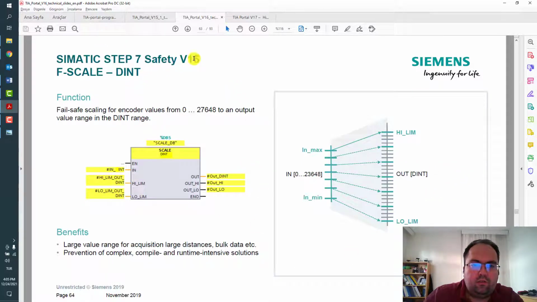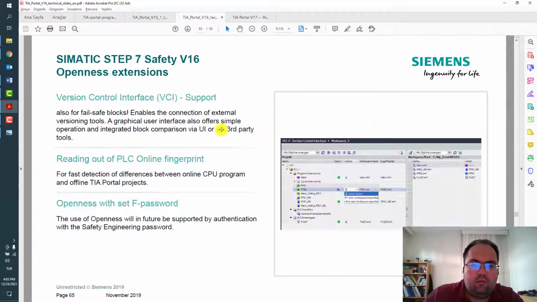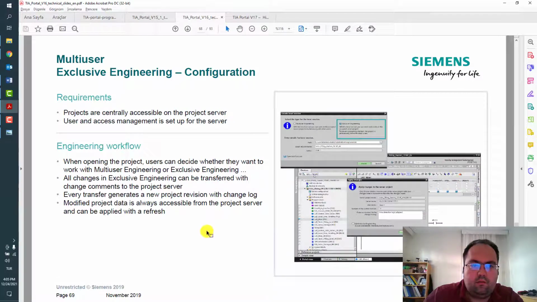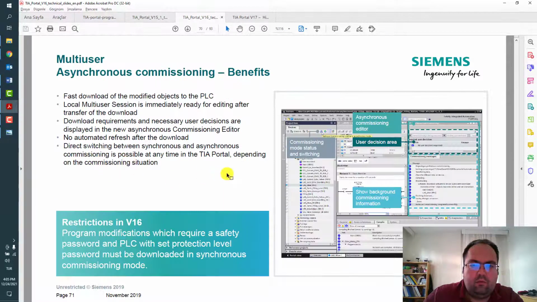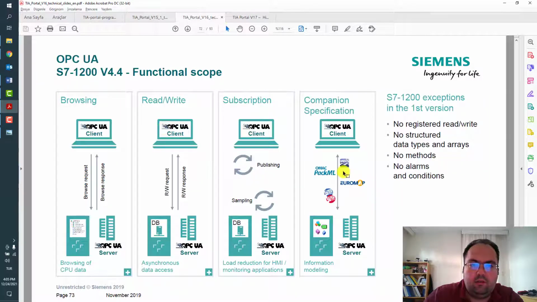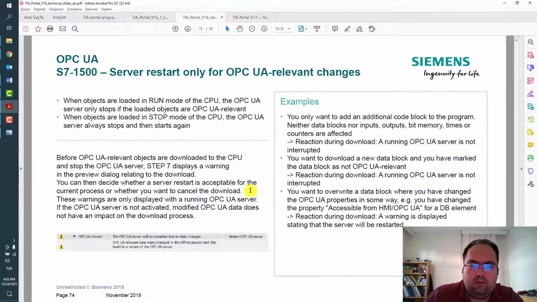A minor change on the safety side: scaling of analog inputs is possible. Openness extension, project server configuration for multi-user benefits, and the next item of highlights, OPC UA: browsing, reading, subscription functionality, methods, alarms supported from version 16,